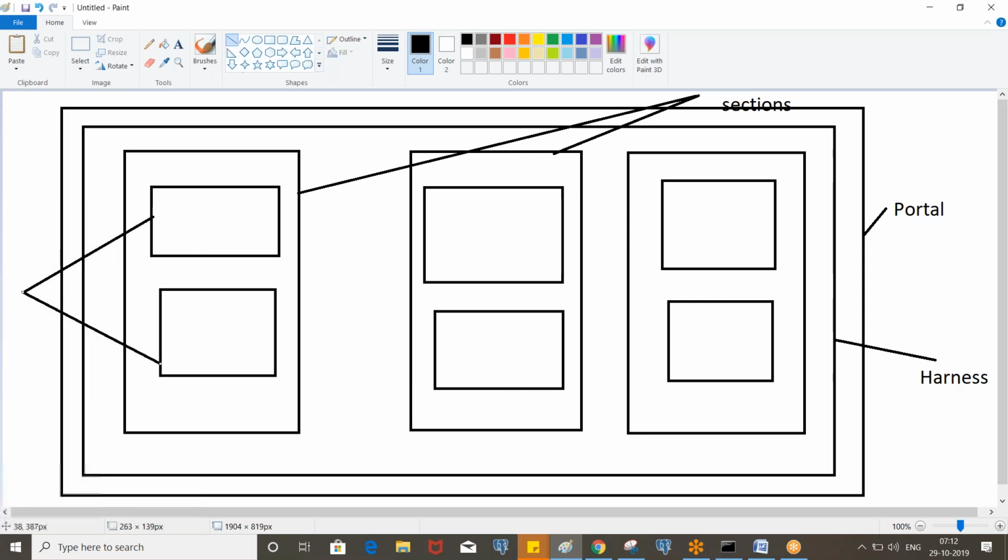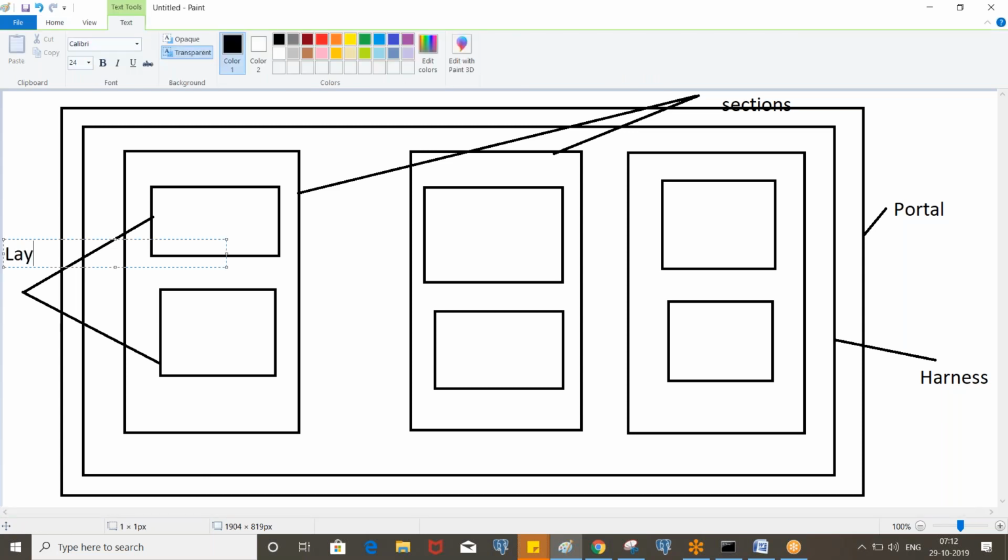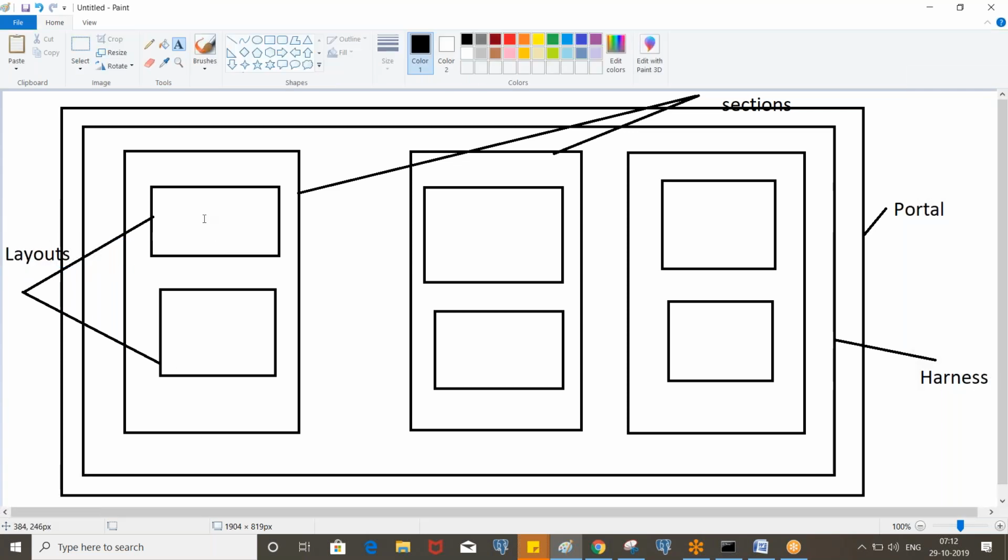Inside the layouts we will mostly have the properties, which we call elements. So we have a portal. Inside the portal, harness. Inside the harness we have sections. Inside the sections we will have layouts. And inside the layouts we will have some elements.